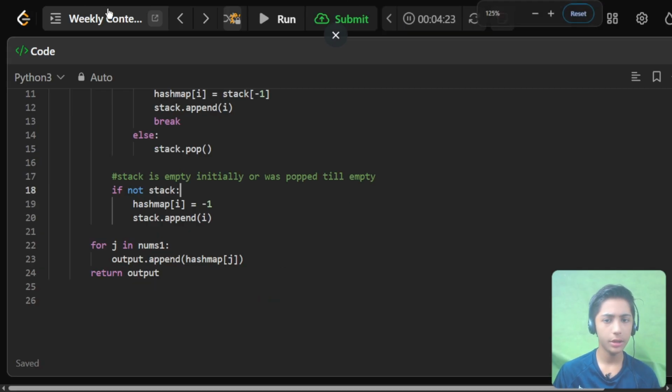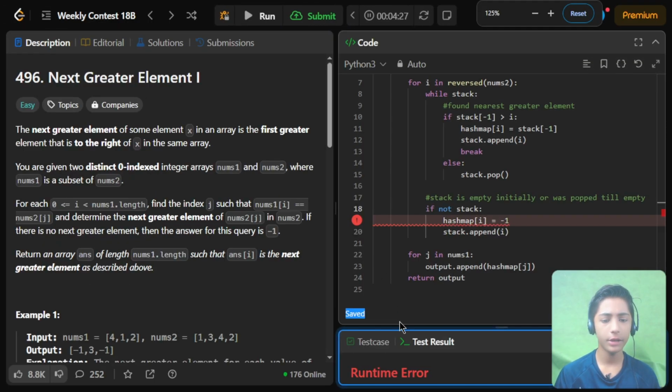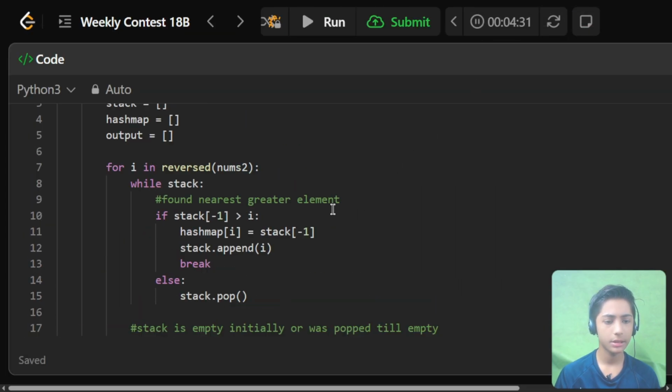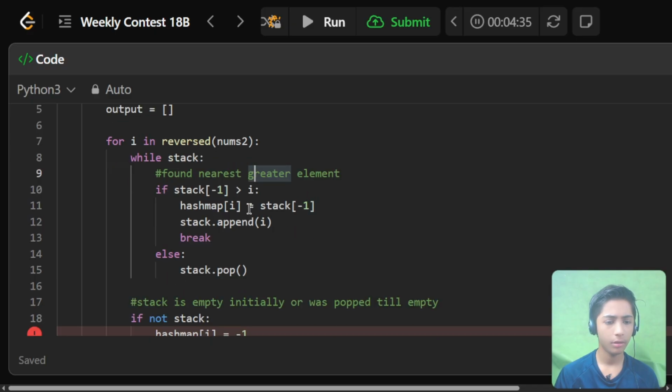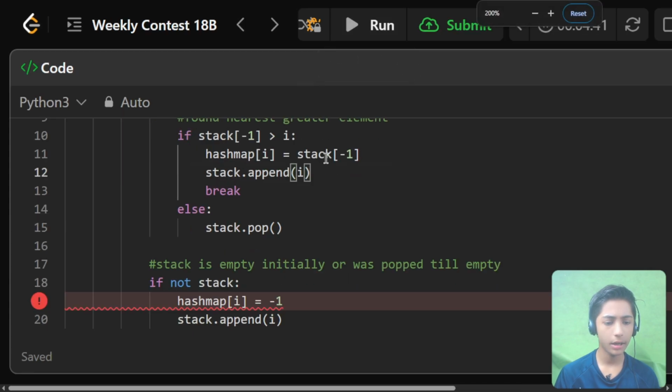Right here colon. Now let's see the running code. When I run this code, I hope it will be perfect. It is giving me a runtime error in this line: stack[-1] greater than i, where I wrote hash map square bracket i.